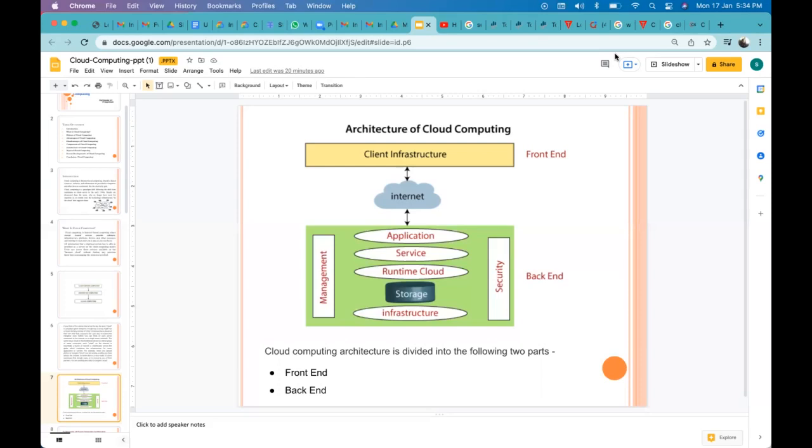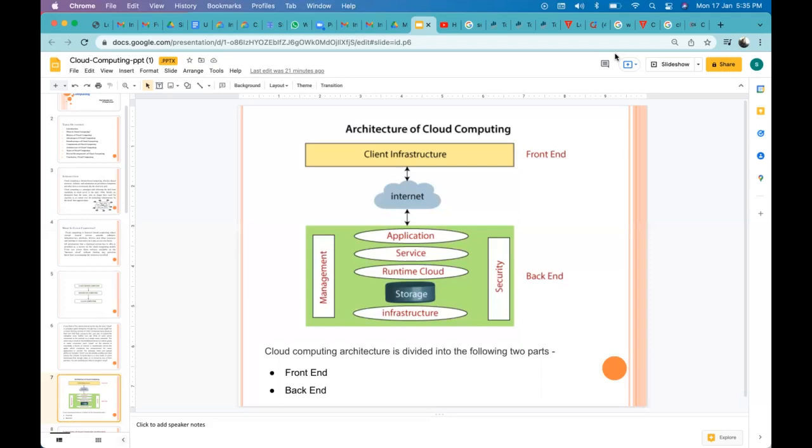Drive is one example of cloud storage. It provides us a maximum of 15 GB of data free of cost. We can store more data, but for that we have to pay some charges.